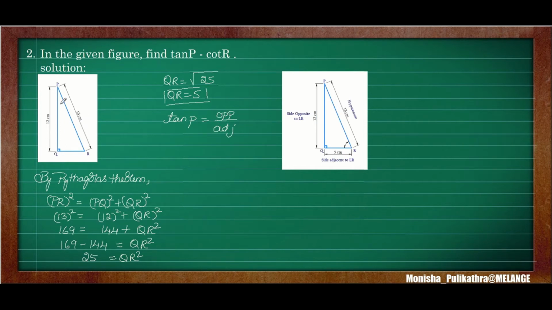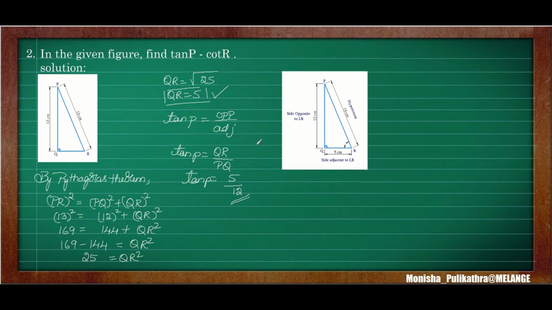Okay. So here tan P is there. So the angle will be at P. So the opposite side is QR. So the opposite of the angle will be opposite side. So opposite side is QR. So tan P is equal to opposite side is QR, whereas adjacent side is PQ, because PR is a hypotenuse. Okay. So PQ is adjacent side. Therefore the value of tan P will be, so QR is 5, which we have already found out, and PQ is 12. So tan P is 5 by 12.